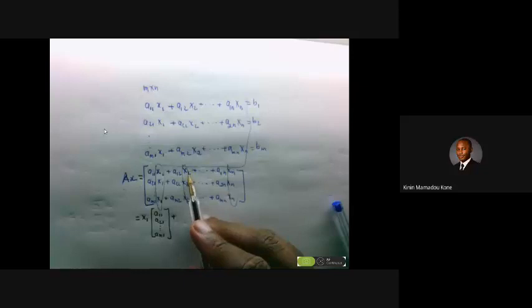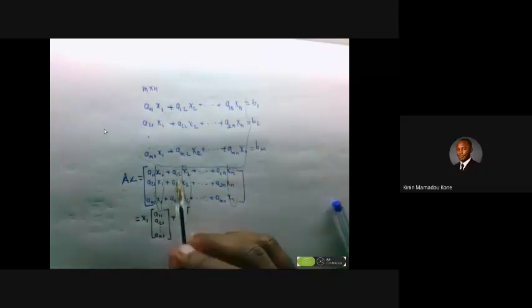So you have x sub 1 outside, and then you copy the column vector a11, a21, up to am1. You copy the plus sign in the middle. You have x sub 2, so you factor out the x sub 2s,